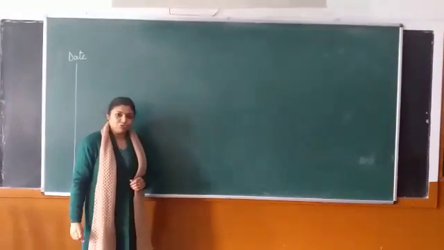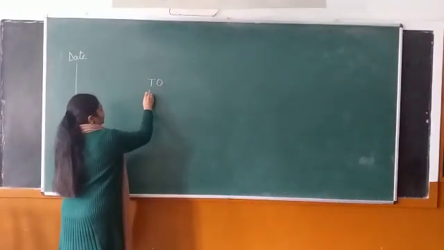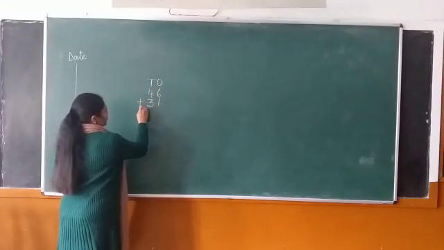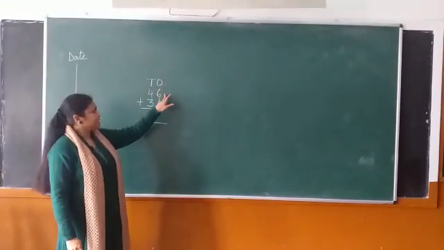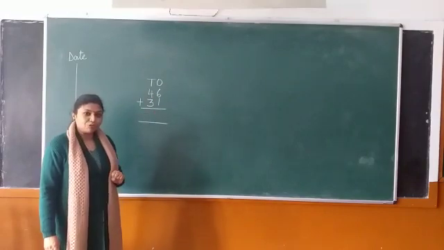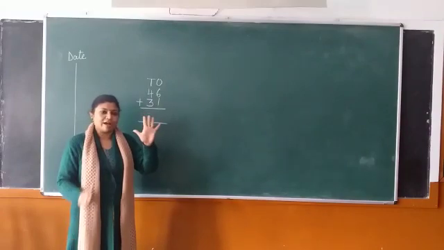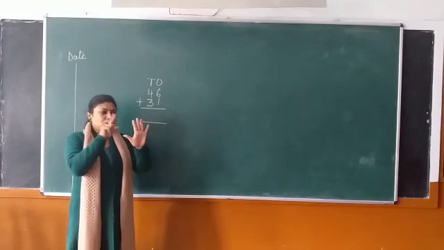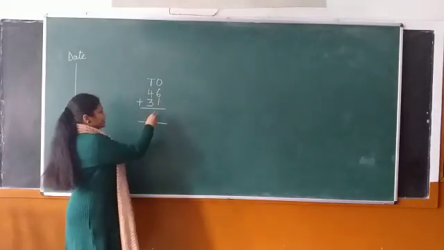Now first ma'am will teach you addition of 2 digits. Now in the ones place you have 6 plus 1. So first we will count on our fingers how ma'am taught you before. 1, 2, 3, 4, 5, 6 and plus 1. So now we are going to count 1, 2, 3, 4, 5, 6 and 7. So 6 plus 1 is 7.